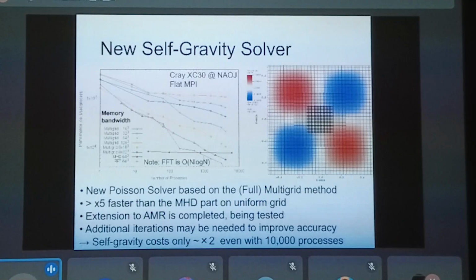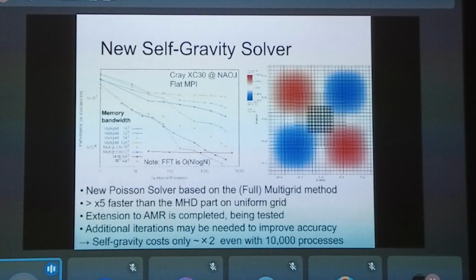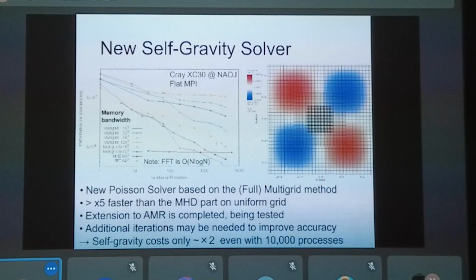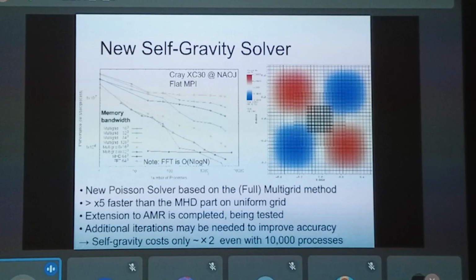There is nothing wrong with FFT itself, but FFT's cost is order n log n, while multigrid and MHD are both order n. People say that this log n factor is small, but it's not. Actually, it becomes visible quite quickly, at least on today's supercomputers.